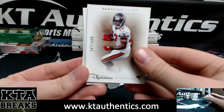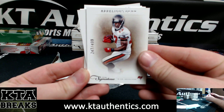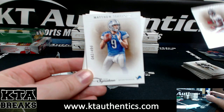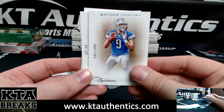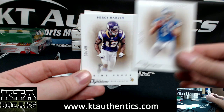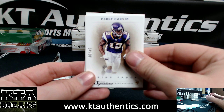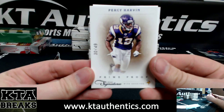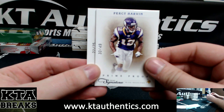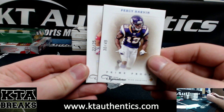All right, we got Aurelius Benn, 247 of 499. Matthew Stafford, 42 of 499. And then out of 49, Percy Harvin, 30 of 49, Percy Harvin. 22 of 25,